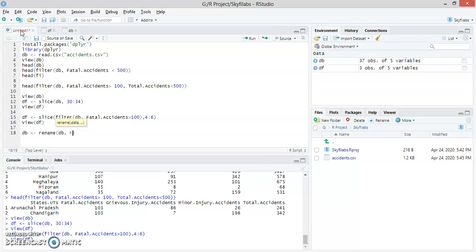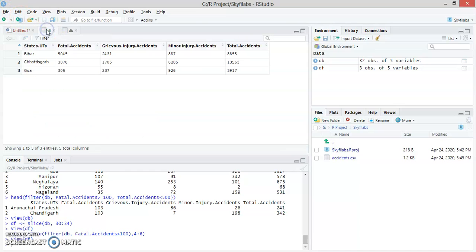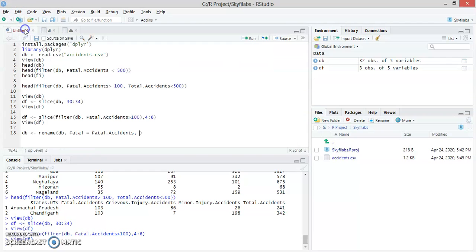Then we are naming fatal for the column fatal dot accidents. Also the next column in our database is grievous injury accident, so we are using grievous for this.